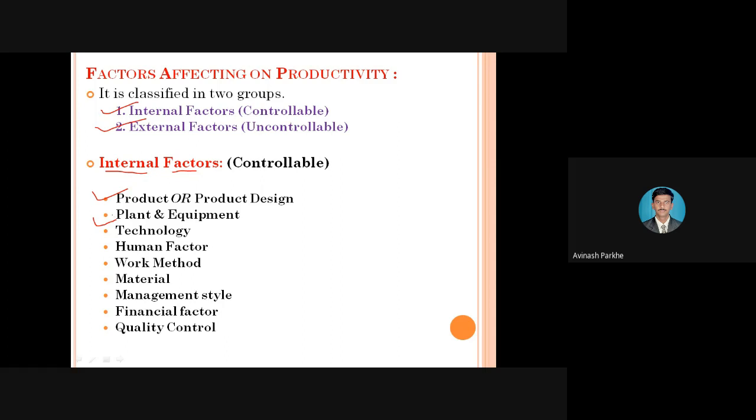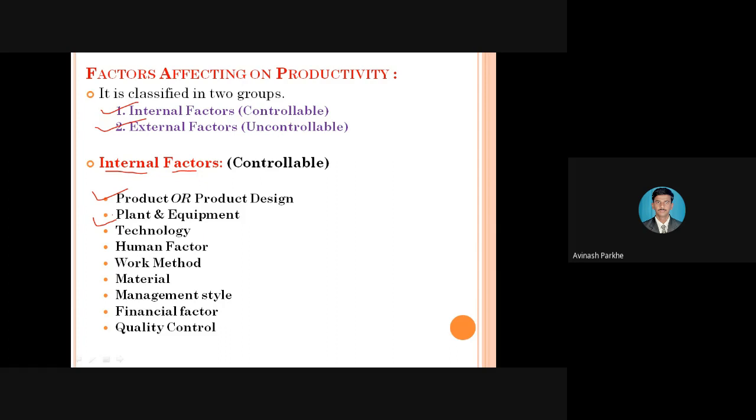Plant and the equipment: which type of plant we have to maintain, because sometimes for whatever plant we have invested in, we are having the maximum maintenance. Whatever the organization or industry we have formed, sometimes the maintenance cost is more. So in order to reduce that maintenance cost, we have to provide the proper plant layout, due to which there should not be any repetitive movements.